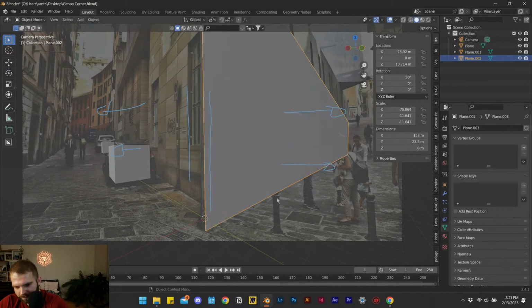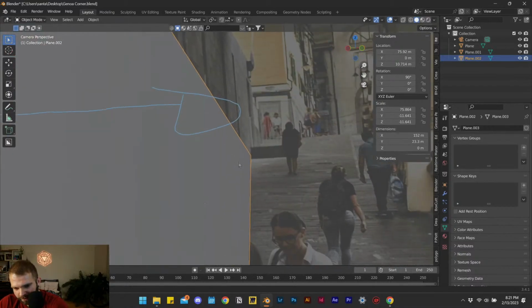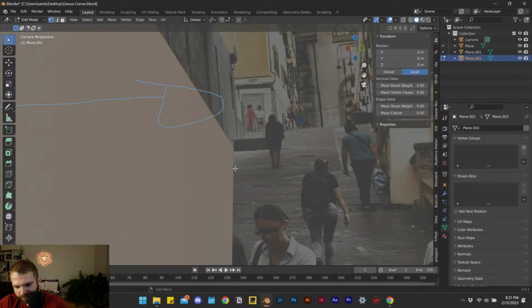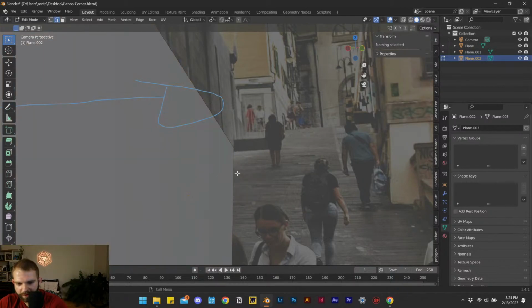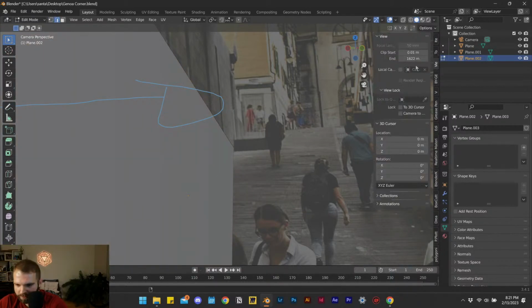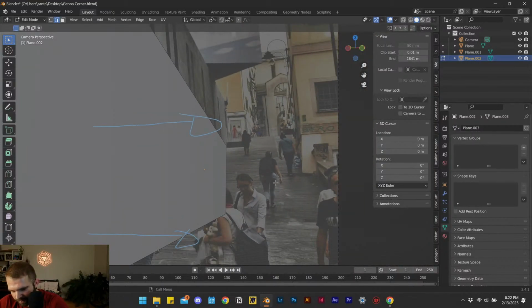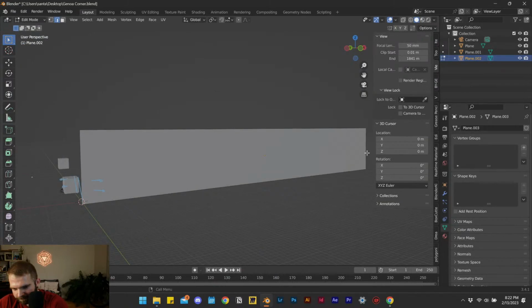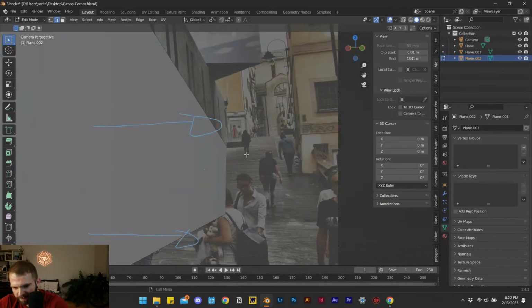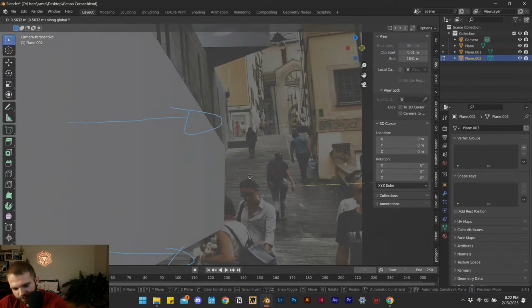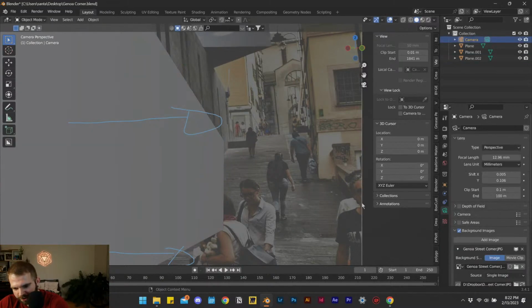So I can have this edge meet over here, and I need to move this one further away. So I'm just going to tab into edit mode and hit edge mode. And I believe I need to increase my, nope. This is something I haven't quite figured out. It sort of messes me up, which is that at one point it clips through the photo, and I'm not quite sure how to change that setting